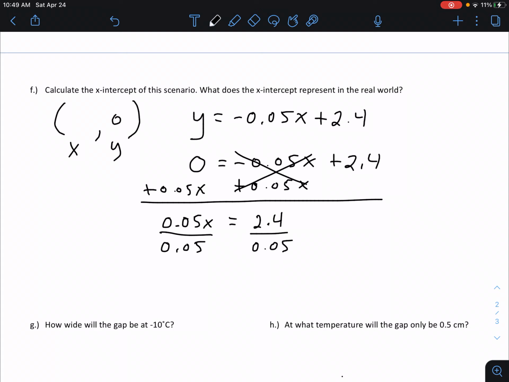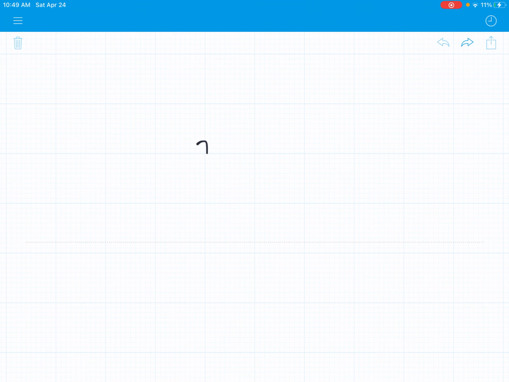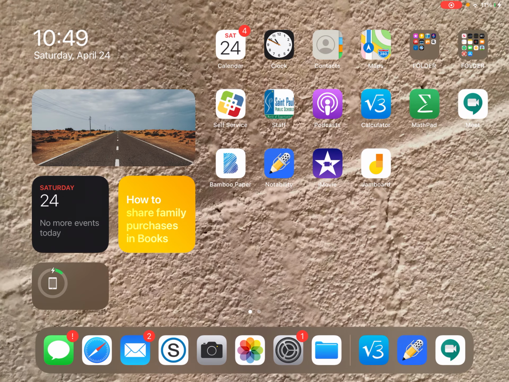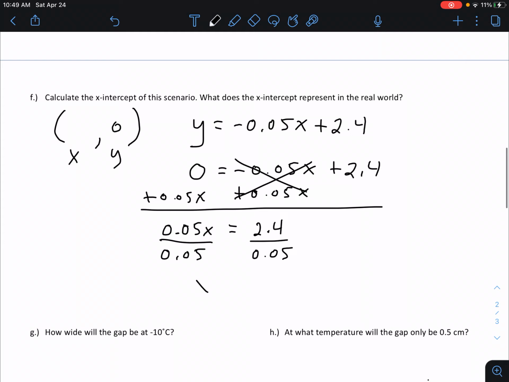And I'm going to get a pretty big number here. So let's go over to our calculator. 2.4 divided by 0.05. 48. All right, so we end up with 48. So x equals 48. And remember, x is degrees. So this is degrees